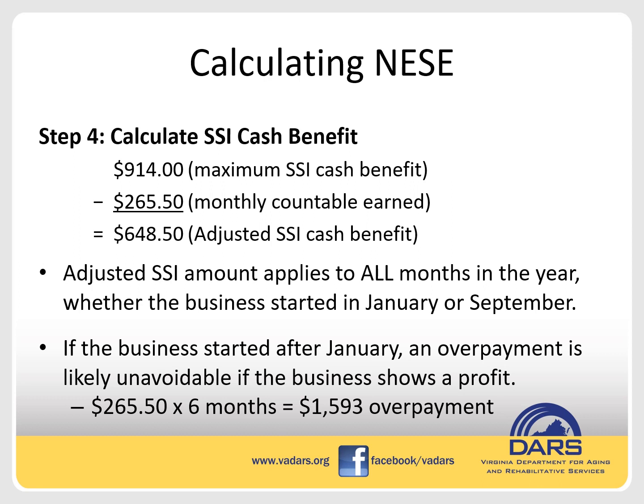So what Social Security is going to say is that because she was receiving the full $914 between January and June, she was actually overpaid almost $1,600,